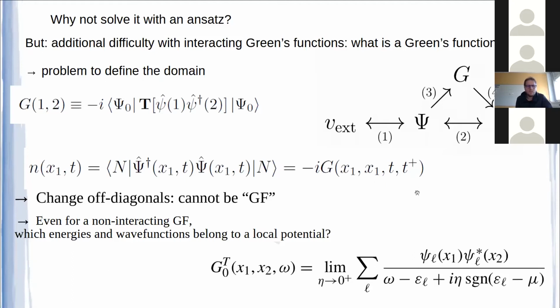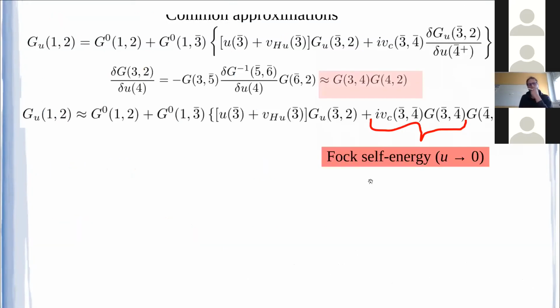So most of these two space, spin, and time non-local objects are not one-body Green's functions stemming from a local potential. And actually, even if you look at the non-interacting Green's function, you can see that this is not trivial. So this is one big problem that we have. We talk much less about this definition of the domain of the Green's function as we do, for example, in density matrix functional theory. So since we didn't really manage to solve this equation, except for some things that I can talk about later if I have the time,